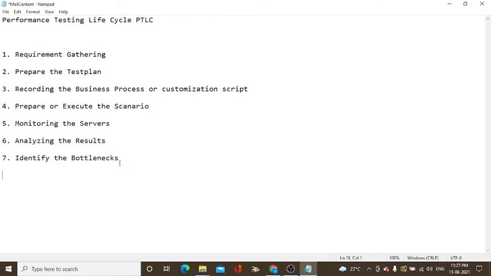Okay guys, this is the performance testing life cycle. This is the process a performance tester uses. Whether you have zero experience, 1 year, 2 years, 10 years, or 20 years, the life cycle will never change, but the methodologies will change. Previously waterfall, V-model, and spiral were used, and now it is agile. Now the latest is BPT, business process testing. It's very fast compared to agile methodologies. Okay, this is the performance testing life cycle.